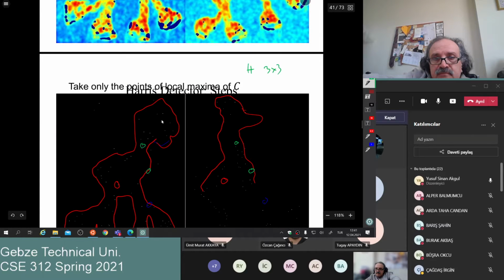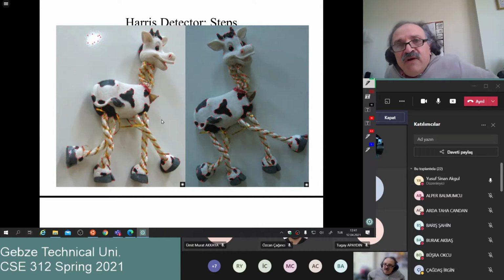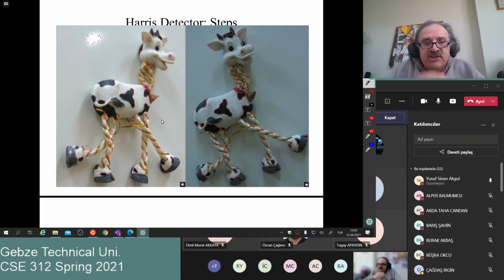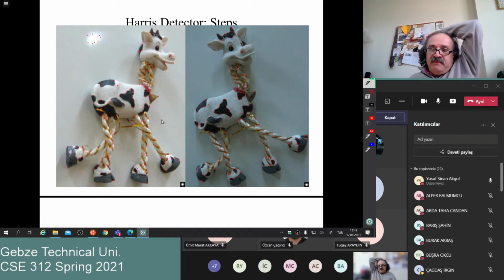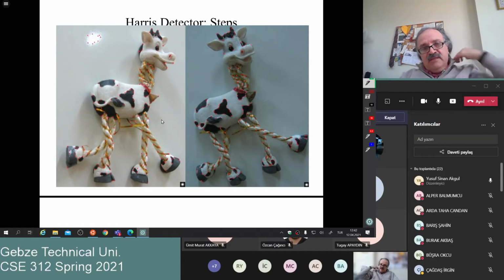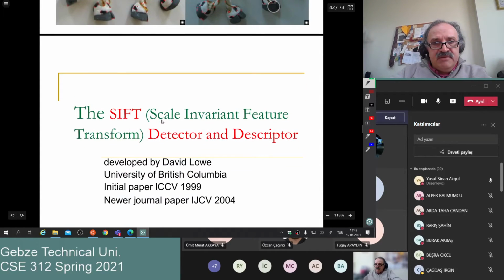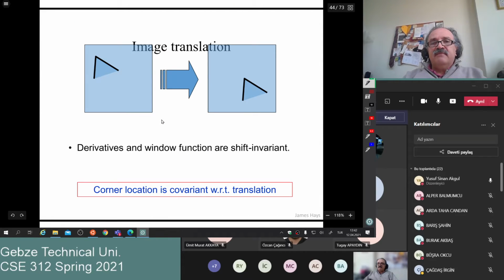Good. Okay, so this is good. We liked it. Why do I use such correspondences between those? We have lots of cases for the correspondences, not just for homography, and we are going to see it later. So we like this one, but Harris detector has some problems. Problems are these. We like Harris because Harris is